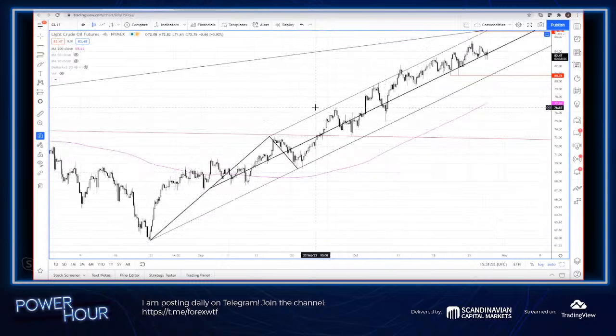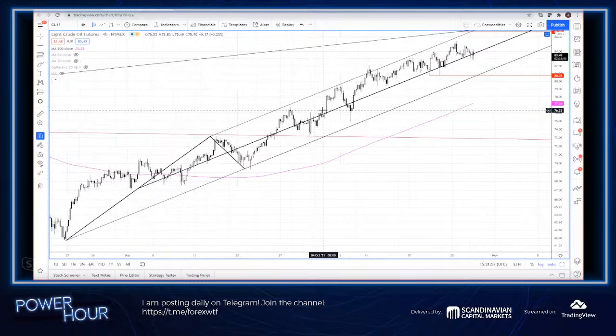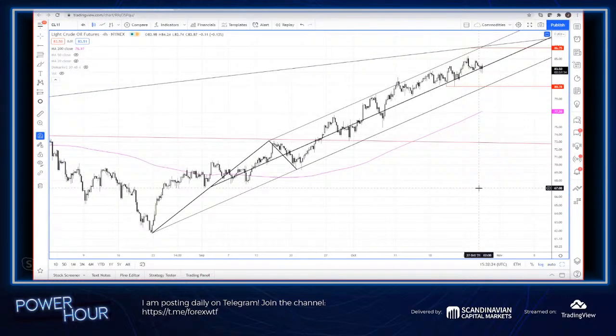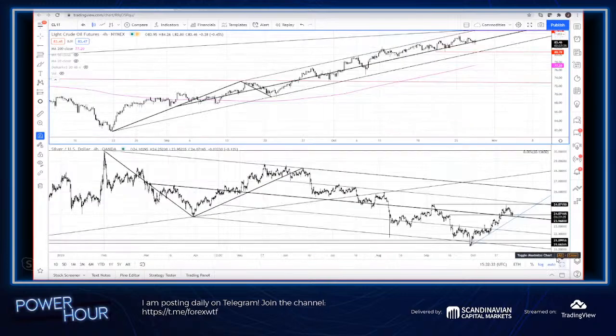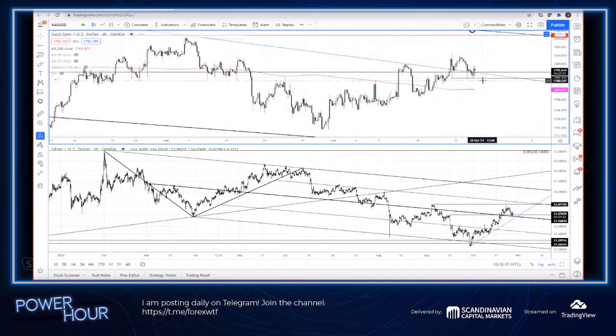Okay, so these are all the levels to watch. And you notice as I speak about all these markets and charts, I'm not predicting anything. I'm not saying this is where that goes, this is where this goes. I'm saying we have setups. We got bullish setups, we got bearish setups. We've also got a lot of if-then statements. If this happens, then pay attention for this. If that happens, then pay attention for this. Or think this way or think that way. That's really what it's about. The market's giving you these setups, all inputs, and you guide your decision making based on those inputs. All right, let's take a look at some indices right now.